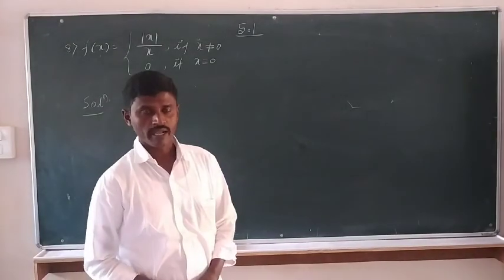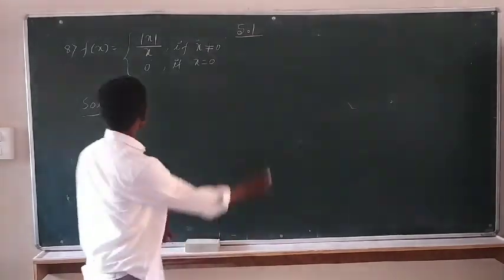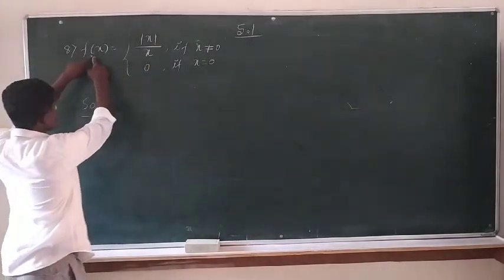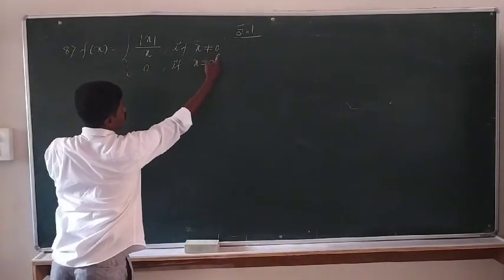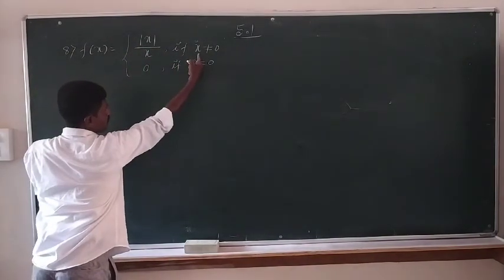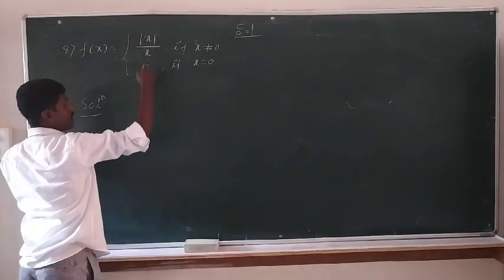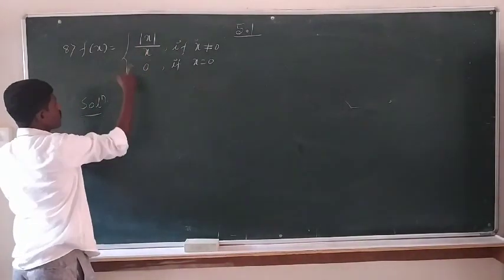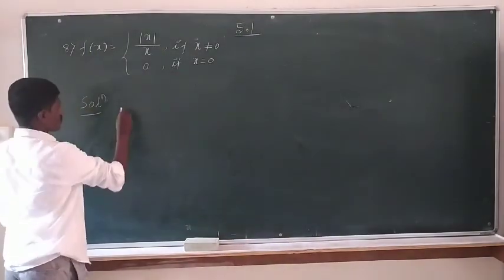Dear students, welcome back. I am going to continue Exercise 5.1, in which the 8th question is f of x equals modulus of x divided by x if x is not equal to 0. Why is x not equal to 0? If x equals 0, the function is not defined, and the value of the function is 0 when f of x equals 0. So let us consider